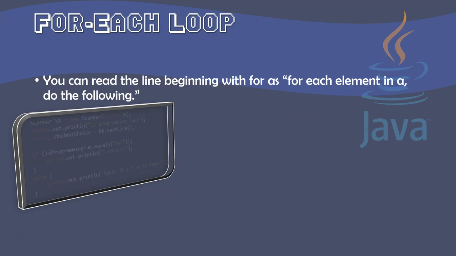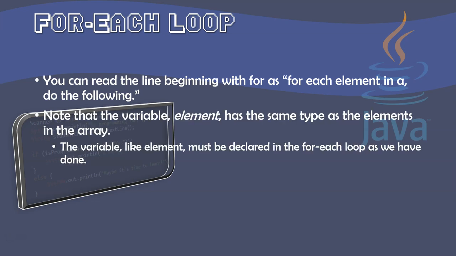If we want to interpret what that code actually means, a good way to think about it is: for each element in a, do the following. A, of course, refers back to the array. You'll note that the element has the same type as the elements of the array. In this case, we declared a double, and the array itself was also double. Therefore, the variable, like element in this example, must be declared in the for each loop as we have done. So if you had an integer array, you would have to put an int type identifier in front of that